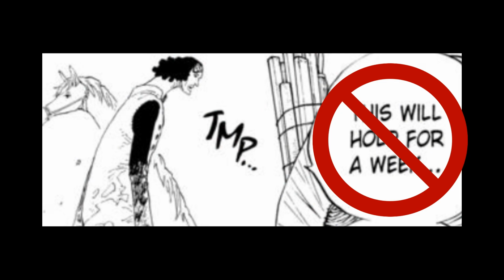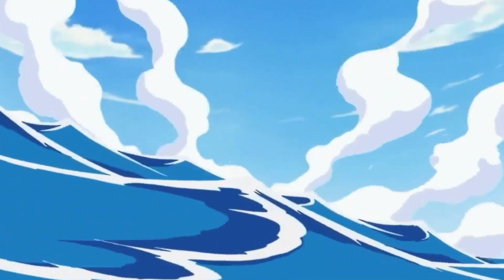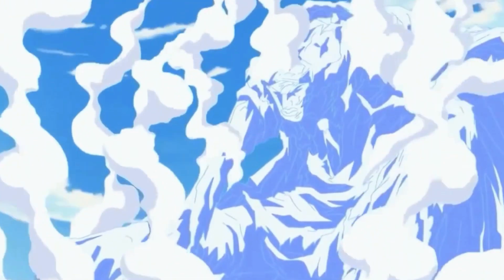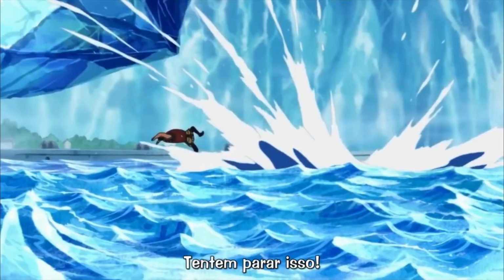So instead of using this statement, we'll use the depth of the ice from when he froze the crescent-shaped bay near Marineford. The ability that he used here was not named, so it should be inherently much weaker than Ice Age, and we can find its depth by using this iceberg. Now,